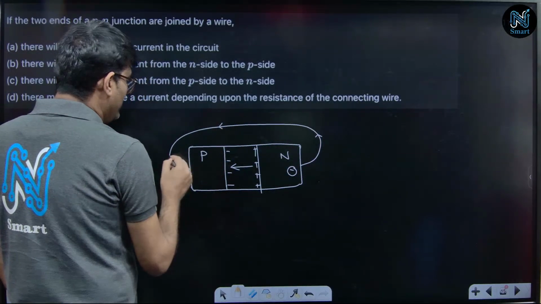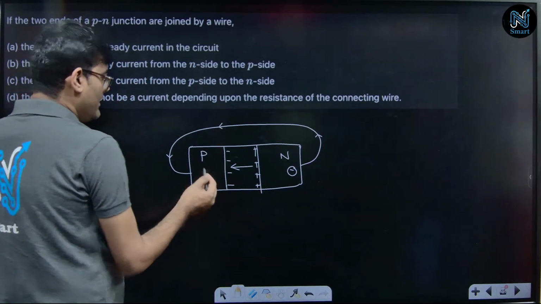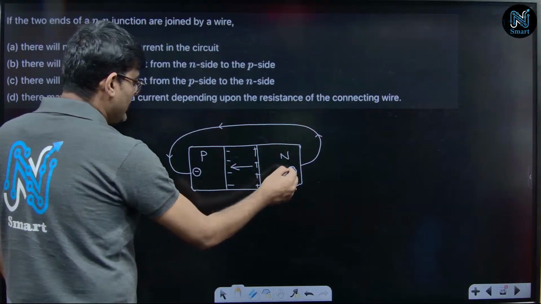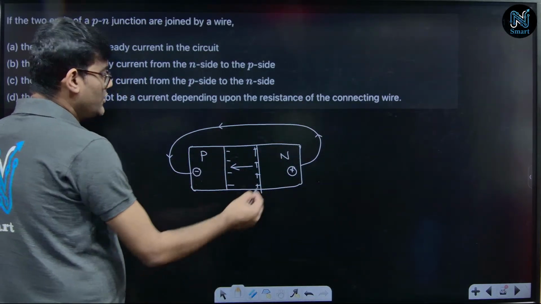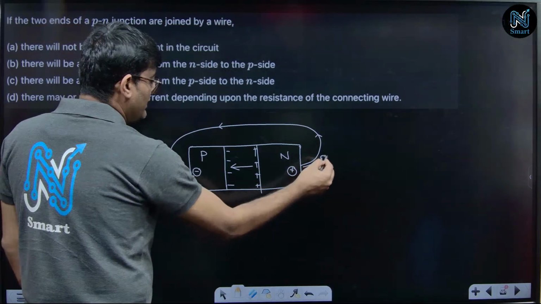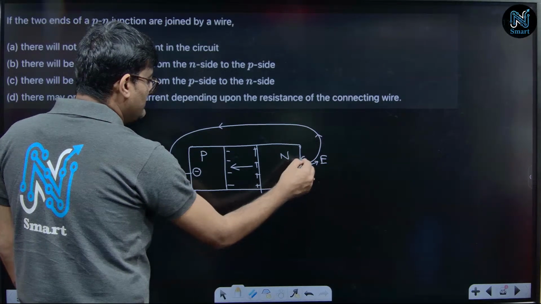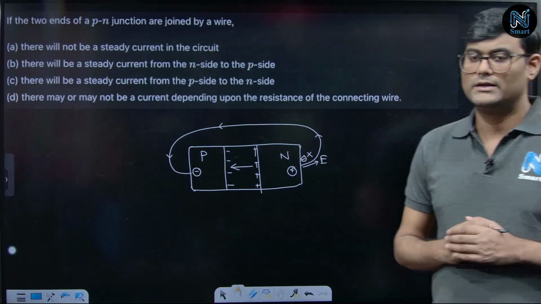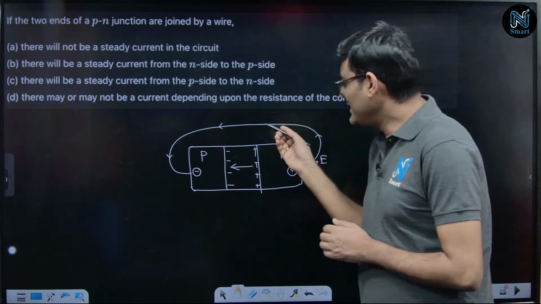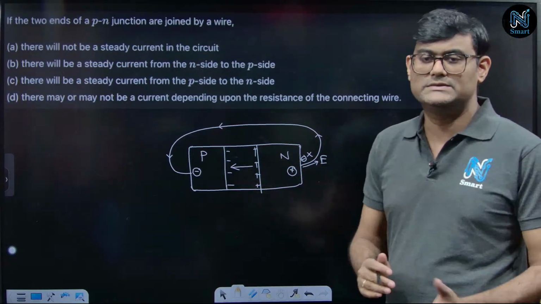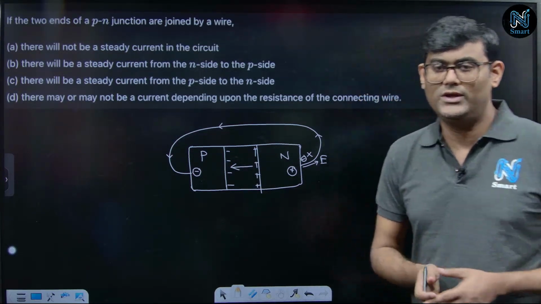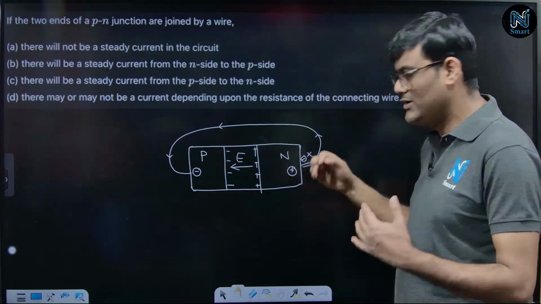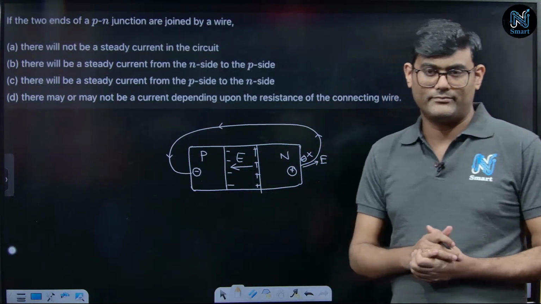যদি তোমার এটাই মনে হয় যে ইলেকট্রন এখান থেকে এখানে চলে যাবে, তাহলে সঙ্গে সঙ্গে তোমাকে বুঝতে হবে যে এই সাইডে একটা ইলেকট্রন আসা মানে এখানে একটা নেগেটিভ চার্জ এক্সট্রা তৈরি হয়ে যাবে আর এই সাইডে একটা পজিটিভ চার্জ এক্সট্রা তৈরি হয়ে যাবে। যখনই এরকম তৈরি হবে এইখানে যে ইলেকট্রিক ফিল্ডটা তৈরি হবে সেই ইলেকট্রিক ফিল্ড কিন্তু কোনো ফার্দার ইলেকট্রনকে এই দিকে যেতে আর অ্যালাউ করবে না, তাই না? ওয়্যারের ভেতরে যে ইলেকট্রিক ফিল্ড তৈরি হবে সেটা আর ফার্দার যেতে পারবে না। যেহেতু এই ওয়্যারটা একটা ইনঅ্যাক্টিভ ওয়্যার ইন দ্য সেন্স দ্যাট এর ভেতরে কোনো ইএমএফ নেই, এর নিজস্ব কোনো ইলেকট্রিক ফিল্ড তৈরি করতে পারছে না, কাজেই এই ওয়্যারটা কোনোভাবেই এই ইলেকট্রিক ফিল্ড ডিপ্লিশন লেয়ারের ইলেকট্রিক ফিল্ডকে ছোট করতে পারবে না, চেঞ্জই করতে পারবে না রাদার।